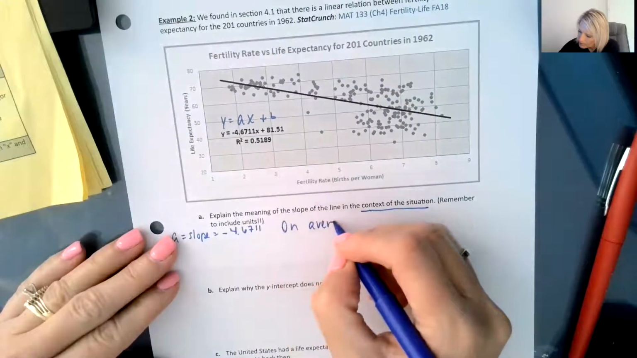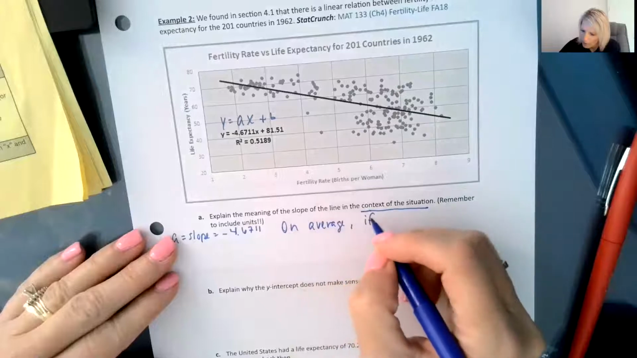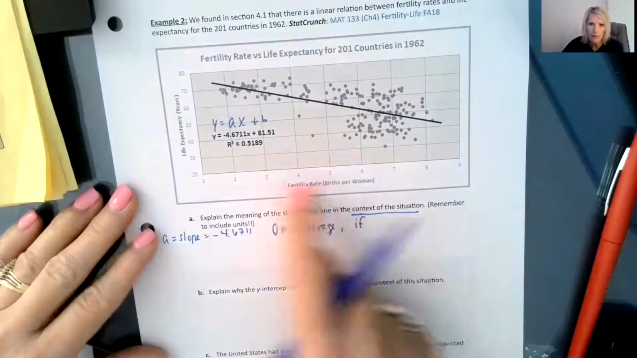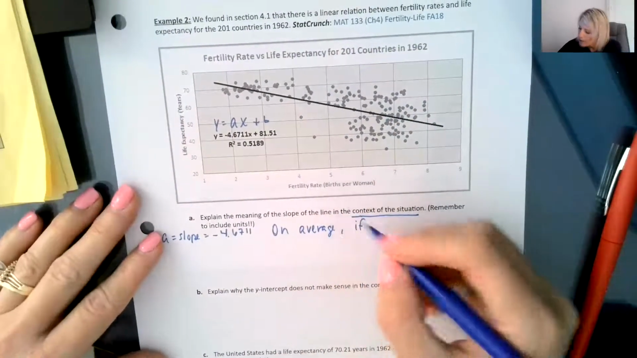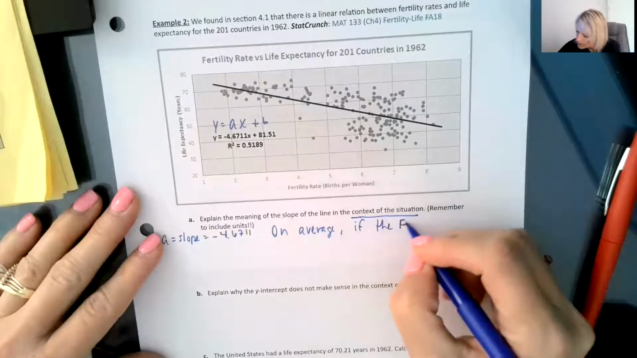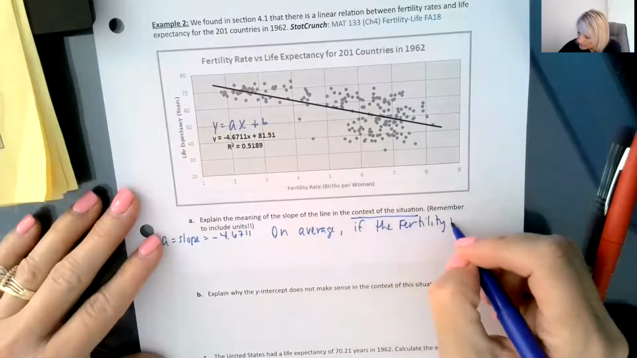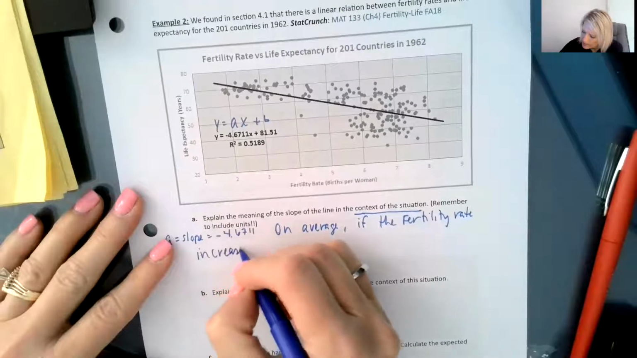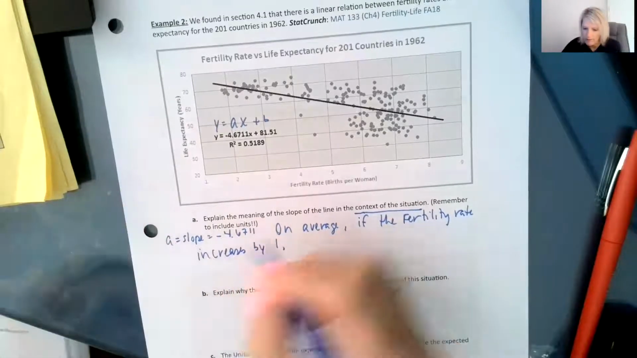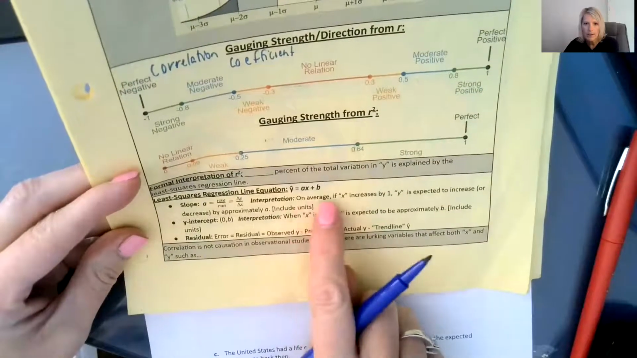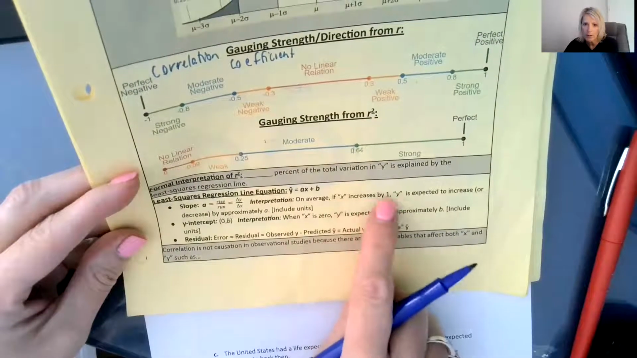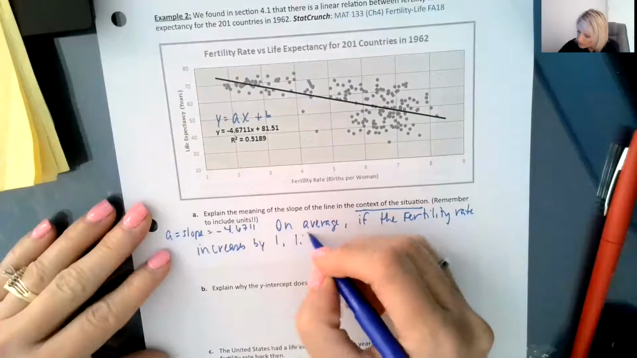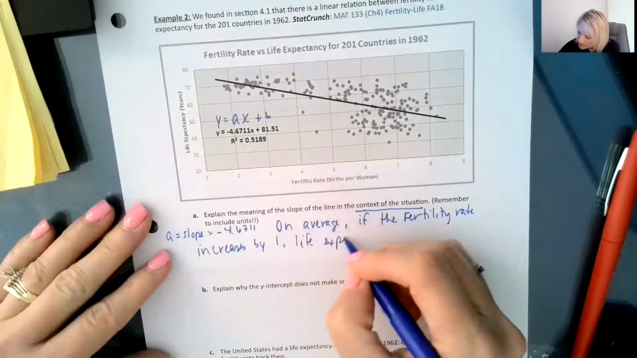We are going to use this interpretation here: on average, comma, if, and I'm not going to write x, I'm going to write what x means in my story. x is my fertility rate. We're going back to that data that we talked about in 4.1. So if the fertility rate increases by 1, on average, comma, y. My y is life expectancy, so comma, life expectancy